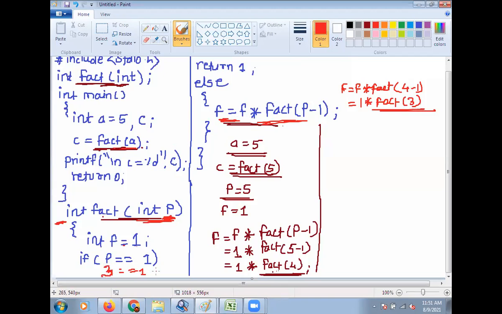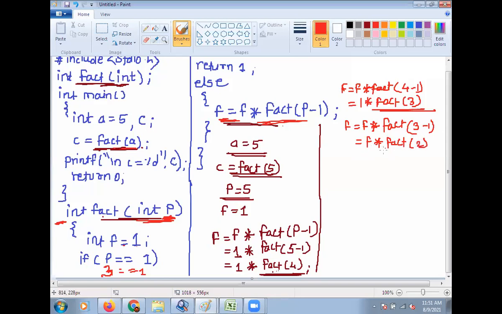This condition becomes false. So go to the else part. f is equal to f into fact p minus 1, that is now p is equal to 3 minus 1. So f into fact 2.